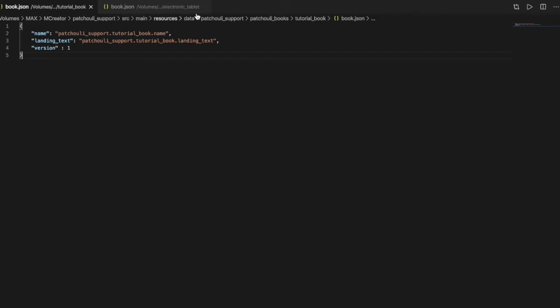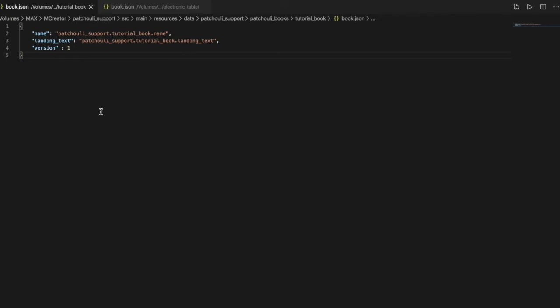I have another one, which is the book.json of my electronic tablet for my Electrona mod, so you're going to see an application after what I did. Today we're on our book.json from the last episode.